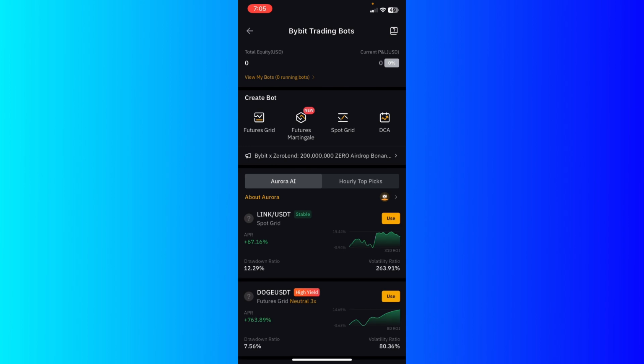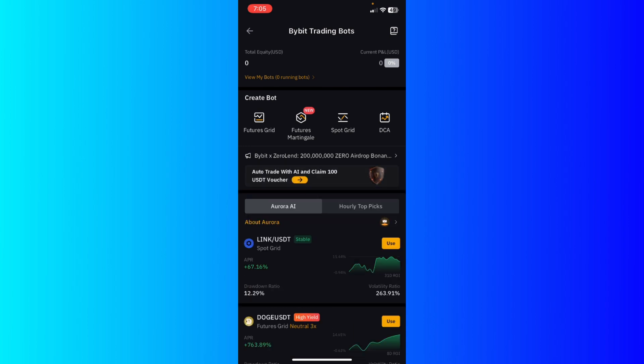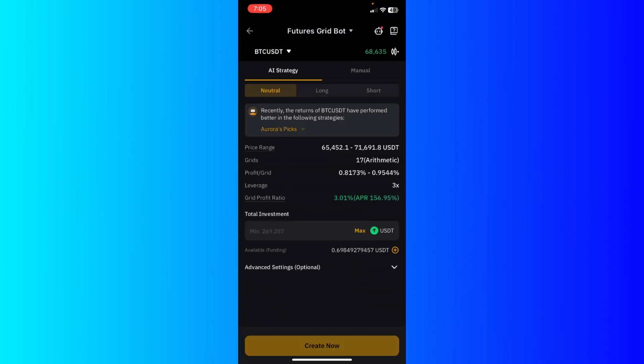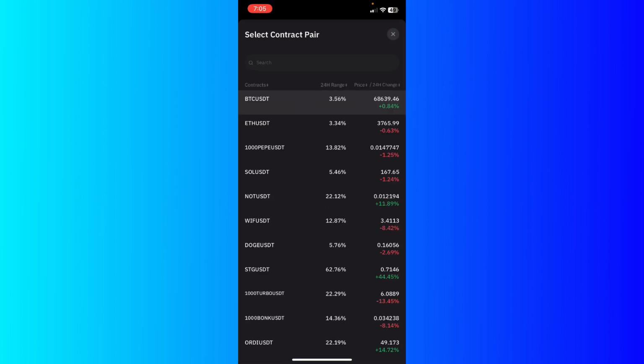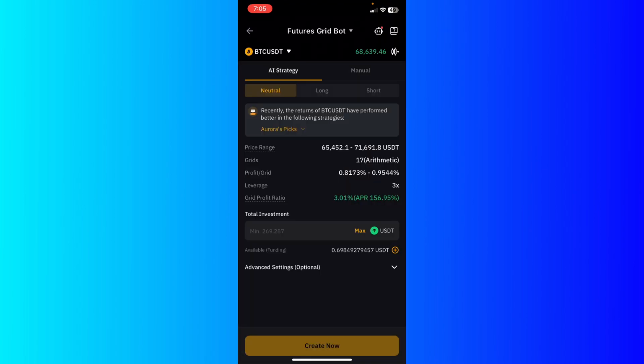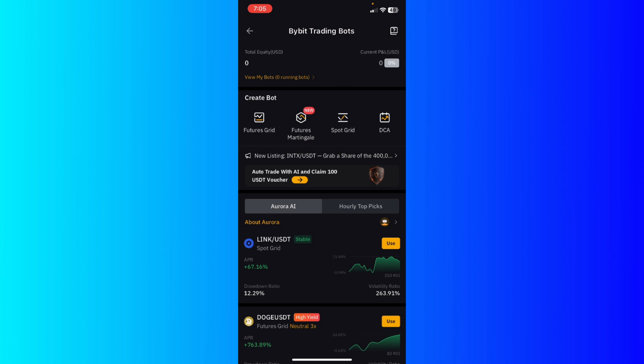You're gonna see it. You have more than four options. You have the futures grid, which allows you to basically trade in amount, if you want it to be neutral, long or short, and that will set the payment for that crypto. If you want to change the crypto to Ethereum or Bitcoin, whatever it might be, you can do that as well. And you have the future